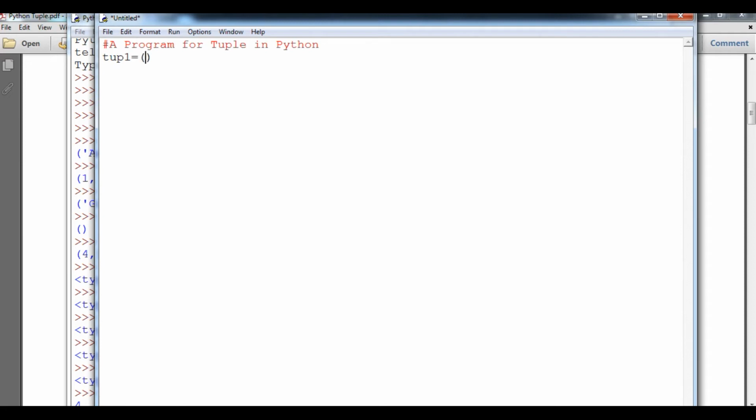Within round brackets I will put some values, like Aman, second Kishore, and then some other value, like 1.90, and here A, B, and so on, whatever.